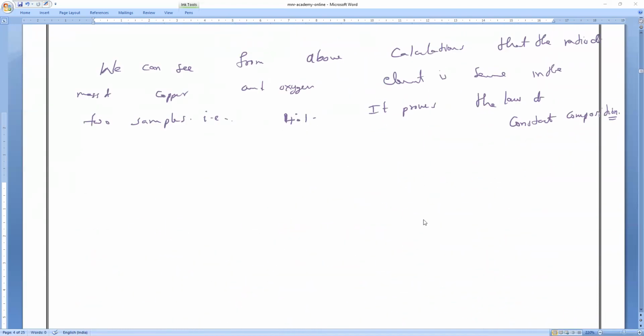With the help of these laws, Mr. Dalton proposed a theory. That is what we call Dalton's atomic theory. So what is this Dalton's atomic theory? What is the explanation of law